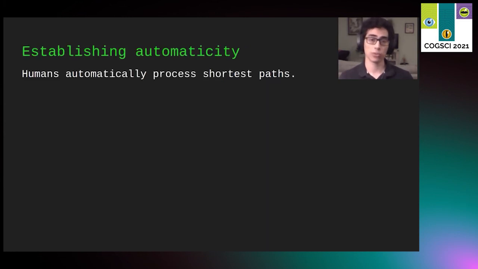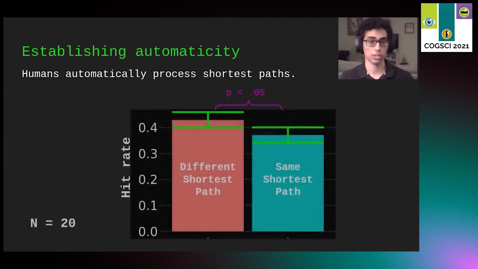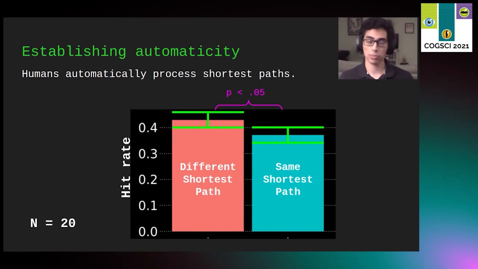We generate a set of 32 unique scene pairs, resulting in 64 control trials that had no change in geometry, 32 trials that had a change in geometry that did not result in a difference in shortest paths, and 32 trials that had a change in geometry that resulted in a difference in shortest paths. As we predicted, we found that the number of changes successfully detected is significantly higher when that change accompanied a